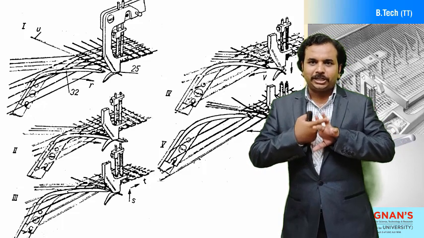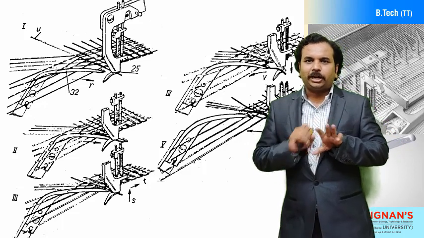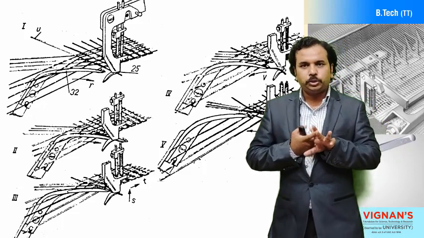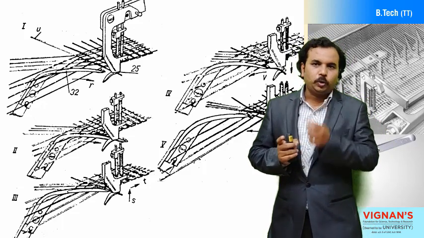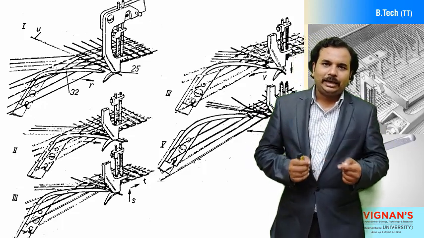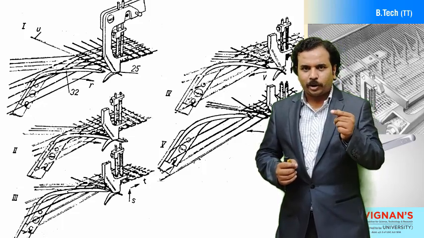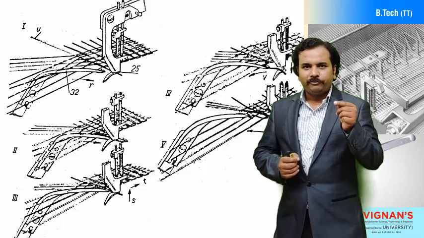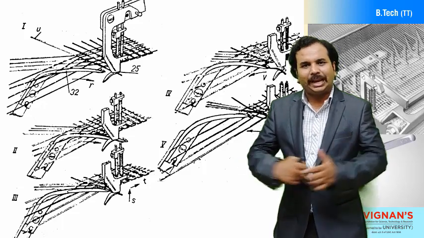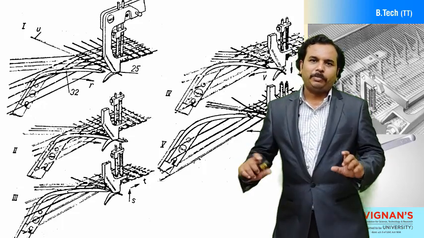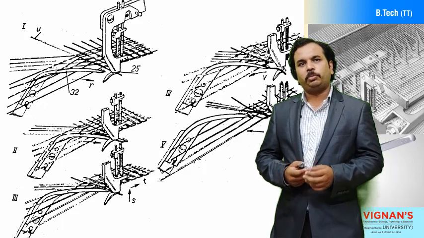Okay. So when the second shed is opened, this tucked in pin, what will it do? It is going to tuck, or fold, the edge of the weft thread, that is whatever projected edge is there, the fringe of 1.5 centimeter of the weft thread. It is going to be folded into the next shed, so that a completely closed type of selvage is formed.